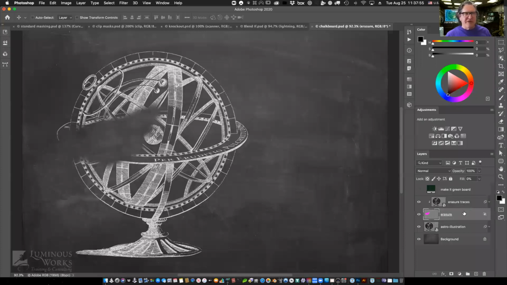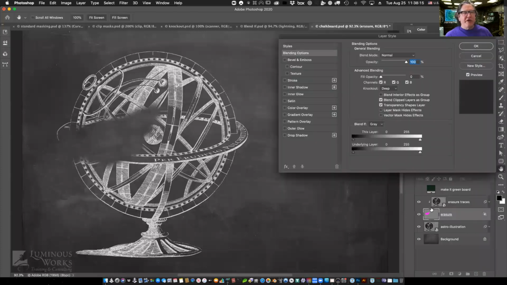This was making me crazy. Then I remembered, oh, wait. In the blending options, there's blend clipped layers as group. If I disable that, that means each of those two layers maintains its own blending options, which means the fill opacity on the erasure layer no longer affects this erasure traces layer. So I got this one layer to serve as both a clipping mask support and a knockout mask to the